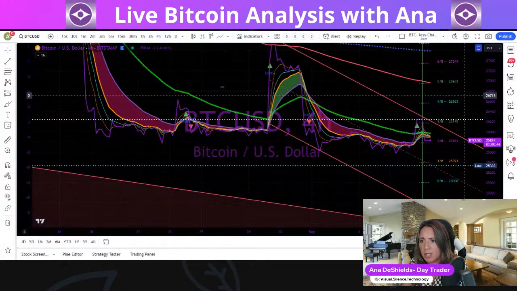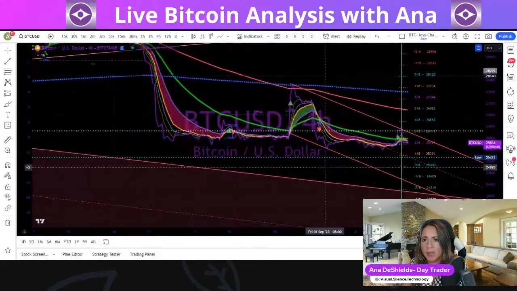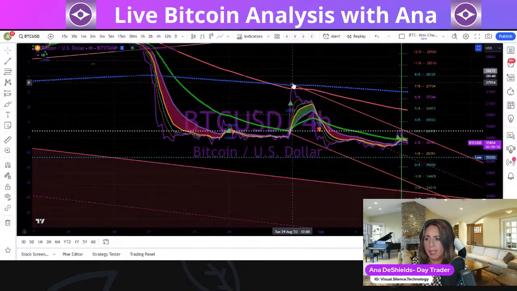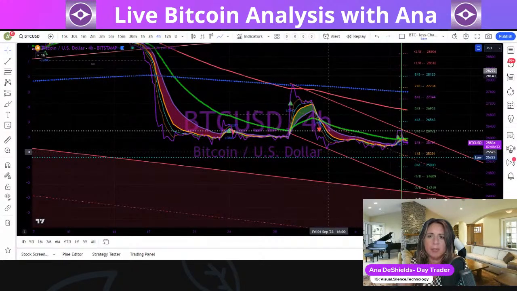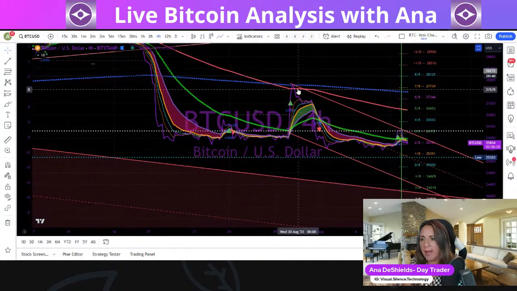Now, how many of you traders know how to draw channels? For a channel, you need a peak and a valley, two touches on the bottom. Some people just draw trend lines, and that's fine too. My mentor taught us to do the actual parallel channel, and that's what this is. And so we have it. And for me, how I draw my